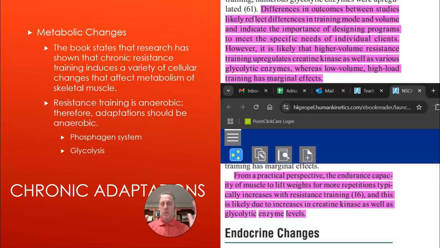Think of it like two ends of the spectrum: you have throwers on one side in track and field, and you have distance runners on the other side. Think of the somatotypes. When you're working with your throwers, you're not going to be doing sets of 15 to 20 repetitions. Meanwhile, with your endurance runners, you're not going to do sets of 3 to 4. It's counterintuitive. So my point to you is this.